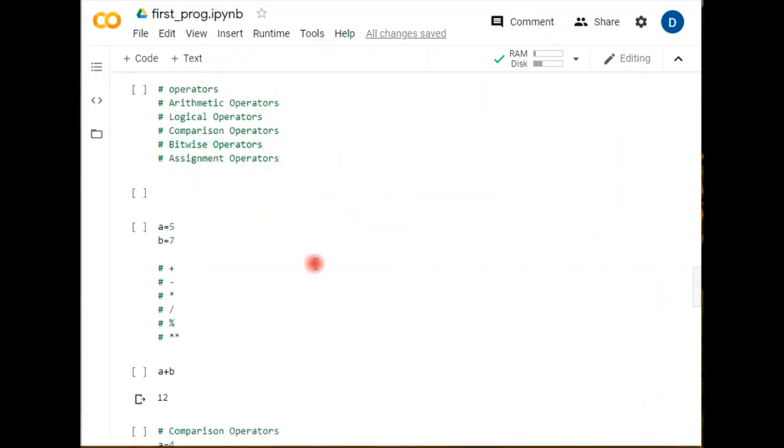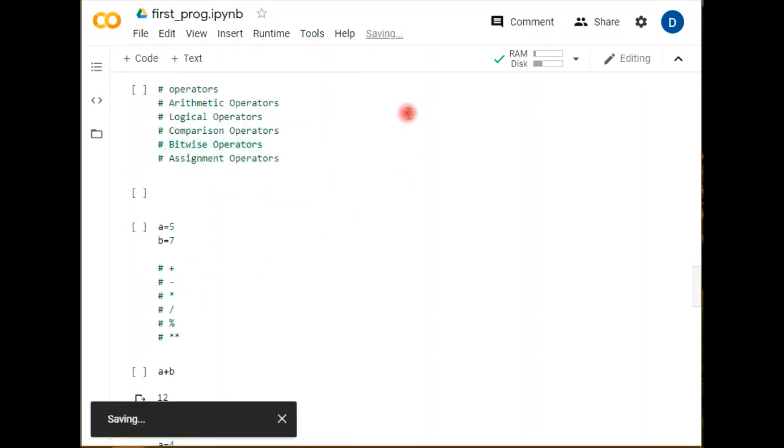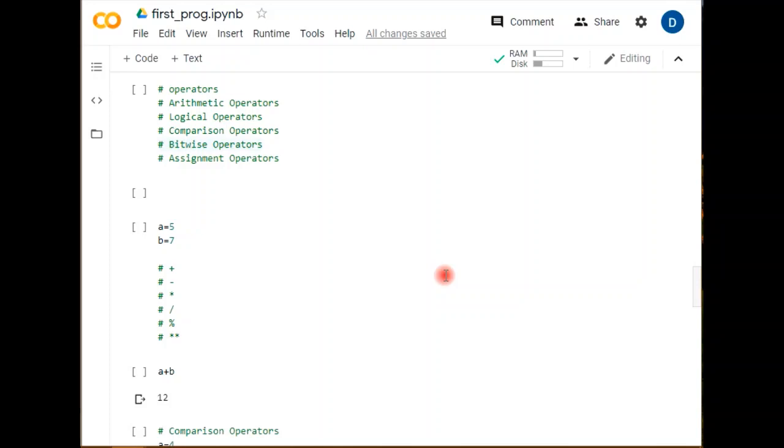Well, now you are able to understand the operators which are highly prominent in the Python language. These are the arithmetic operators, logical operators, comparison operators, bitwise operators, and assignment operators. And just take care while you are doing your tasks, keep saving. Although it is saved automatically, you should keep saving yours, because sometimes there may be a fault due to other causes, and then your data will still be saved.